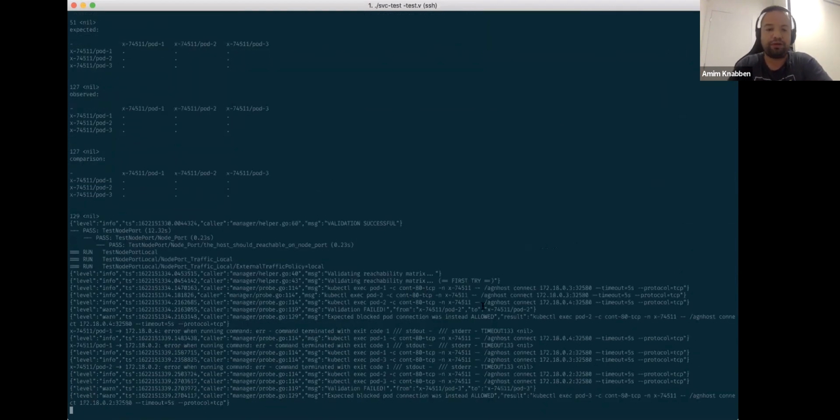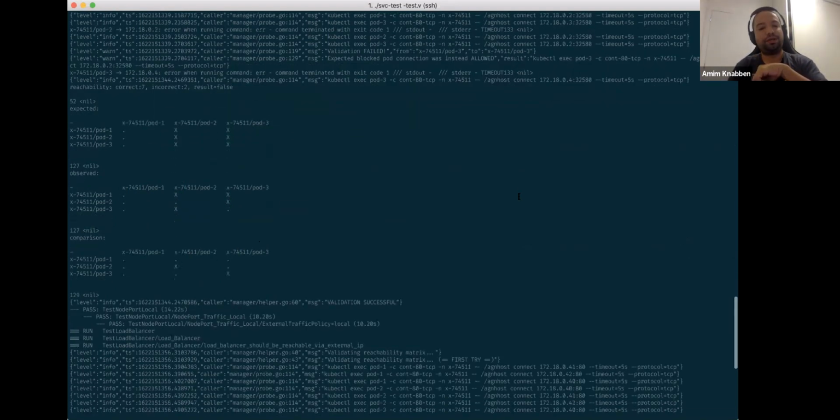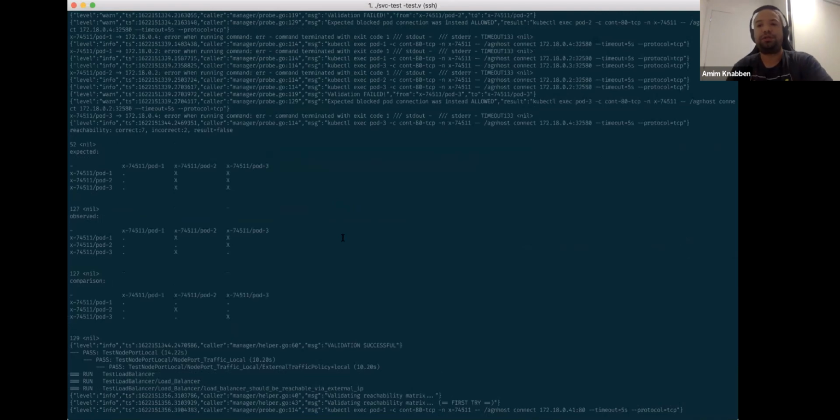We expect some failures. This is a very interesting one. We expect that all the pods in the namespace hit this first pod and block every other pod, but this passes for the hairpin ones. So when I hit one pod using the node port in another host, it fails in the local traffic. But if it uses the same port, like the hairpin, it will pass, even if you use the node IP and the port of the service.